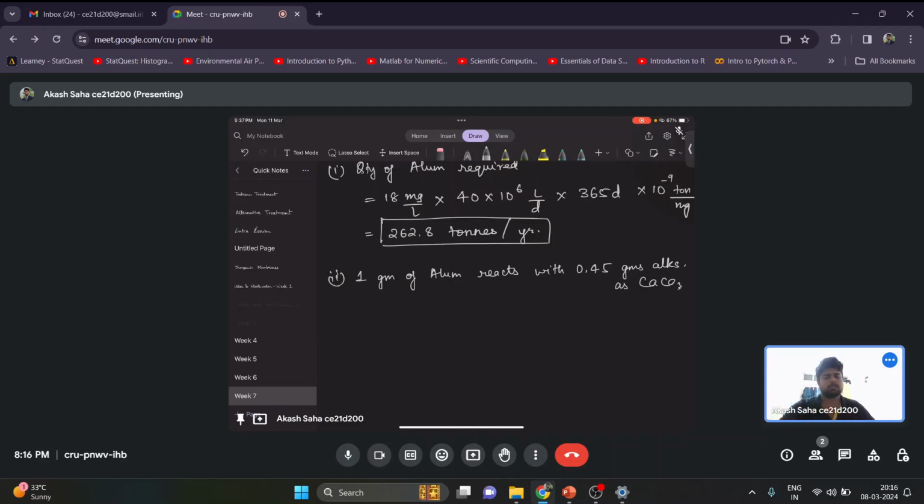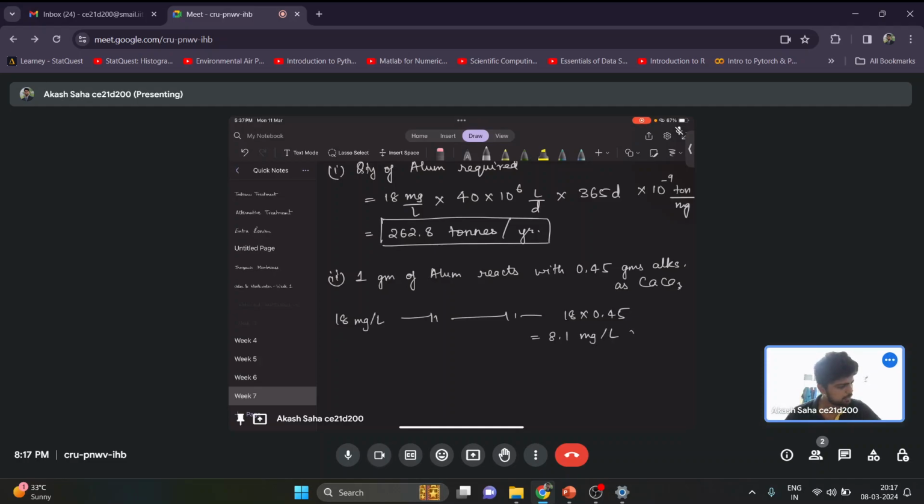By the chemical formula and reaction, 1 gram of alum will react with 0.45 grams of alkalinity as CaCO3. Here we have 18 milligram per liter of alum, and this will react with 18 into 0.45, which is equal to 8.1